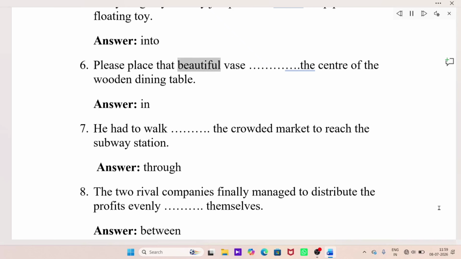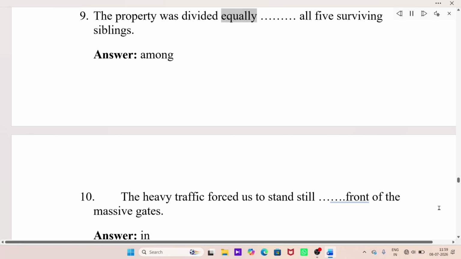Please place that beautiful vase ___ the center of the wooden dining table. Answer: in. He had to walk ___ the crowded market to reach the subway station. Answer: through. The 2 rival companies finally managed to distribute the profits evenly ___ themselves. Answer: between. The property was divided equally